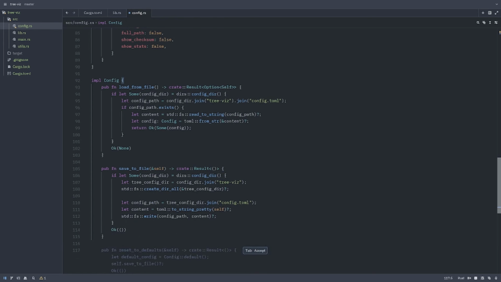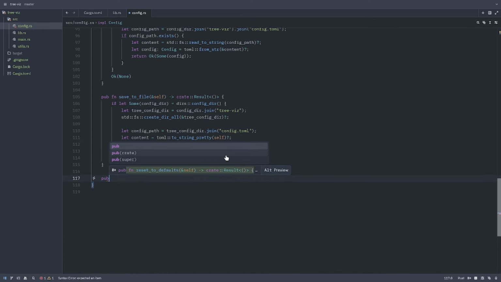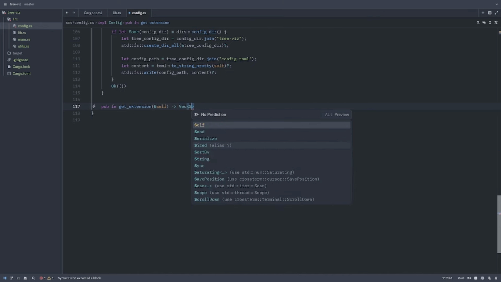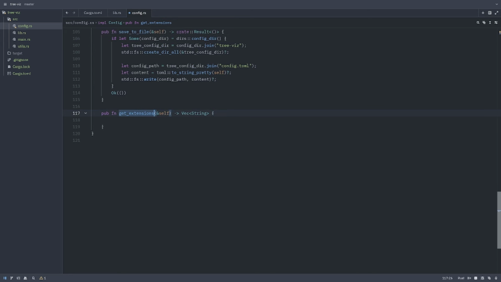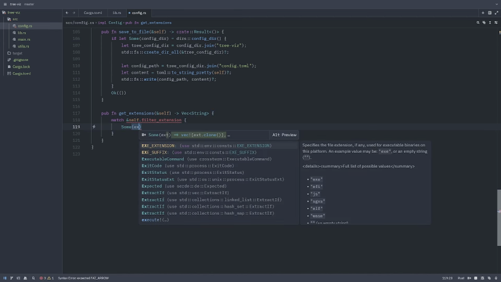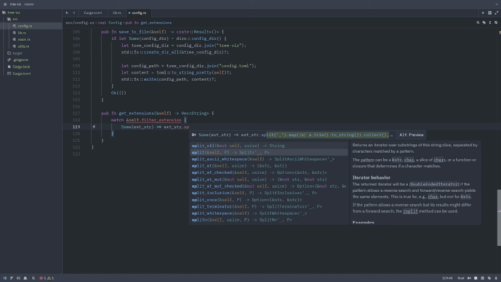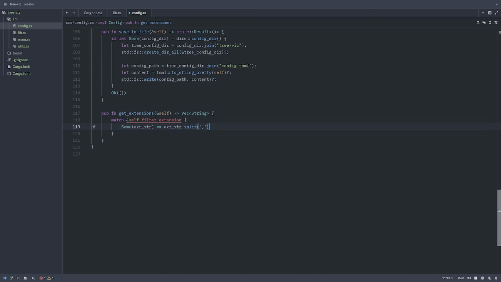Okay. Now let's get, now get fn get extension and self, get string extension, not extension, match and self dot filter extension is some extension, str will be extension str dot split will like this, comma dot map,